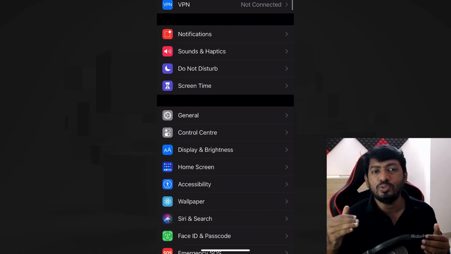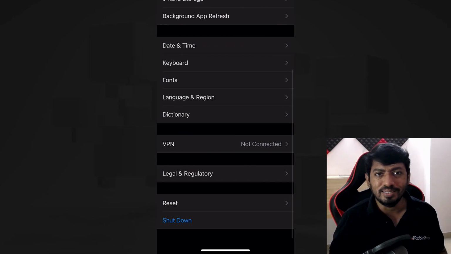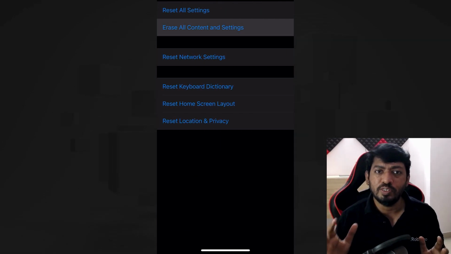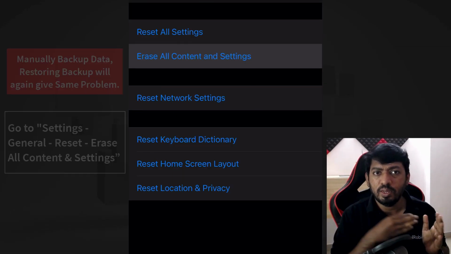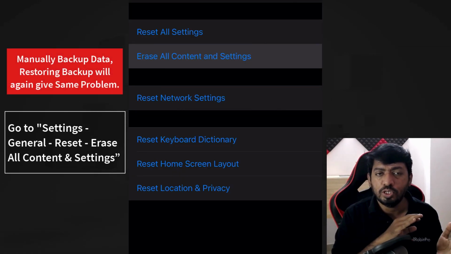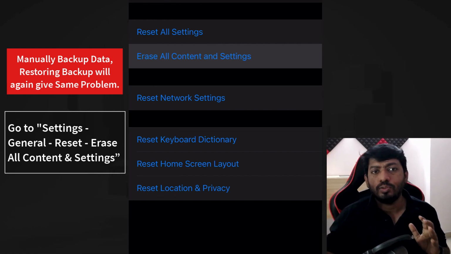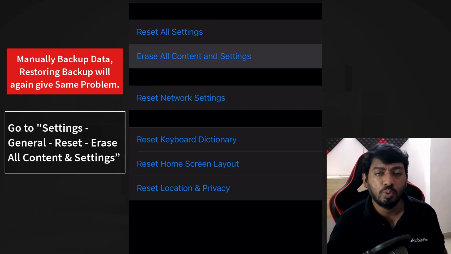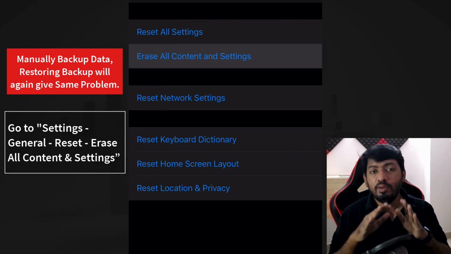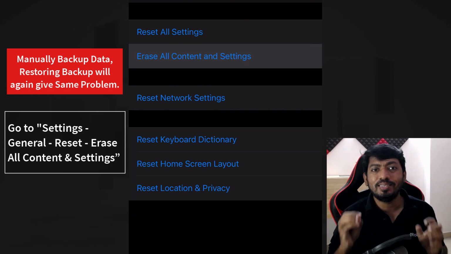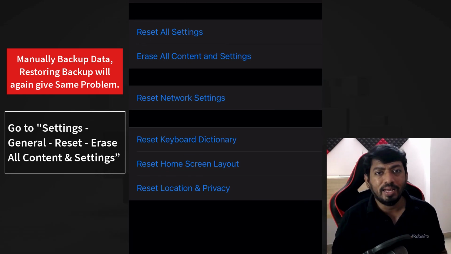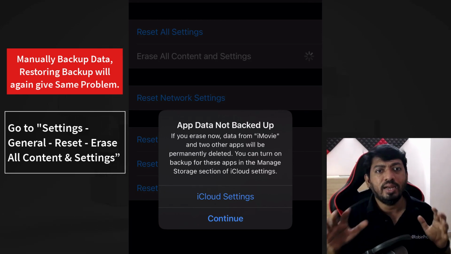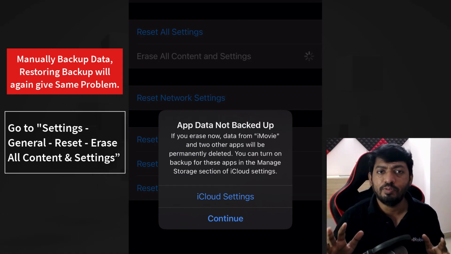But before that, I just wanted to try this erase all content and settings after making sure that he had taken a complete backup of his iPhone to his iCloud. The photos and videos, everything he stores to his iCloud, and then the contacts are also stored, the notes and everything. Application specific data are also stored on his iCloud account. If you're not using iCloud storage, then it is important to manually take a backup of all your data to a local computer or to Google Drive or any other cloud storage service that you are comfortable to use.